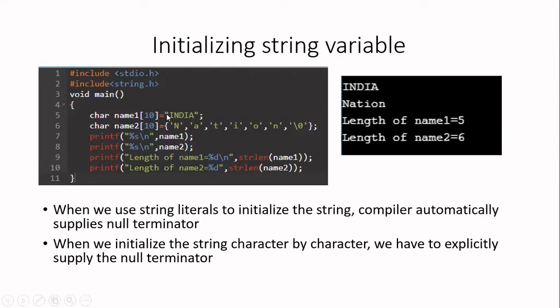You can see here, literal is nothing but constant. In case of constants, we have different types of constants like integer constant, floating point constant, string constant, character constant, and so on. Integer constant means if I say 7, it is an integer constant. If I say 7.5, that is a floating point constant. If I write within single quote 1 character, that is a character constant.